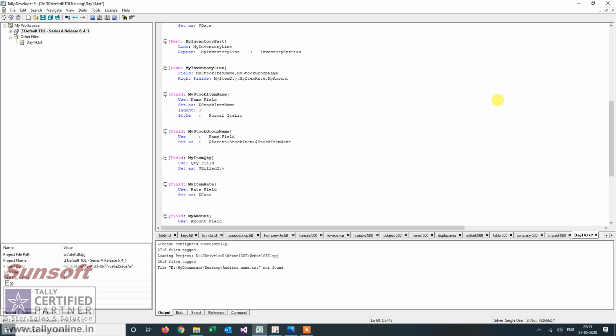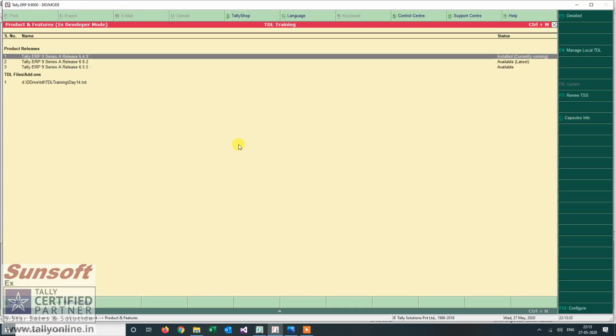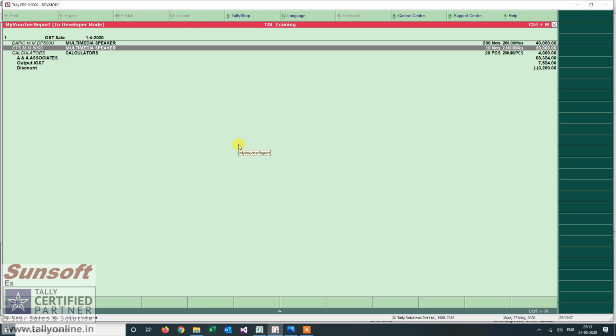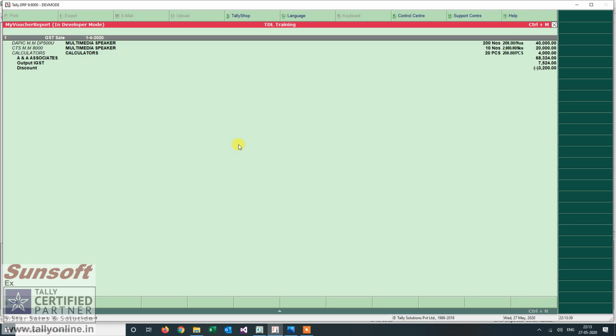Now let us see how this is understood. This means that from the stock item collection, I want to get a method parent, and then for which object? For this object. Since the name of the stock item will be unique, we'll only have one record for this. So let us see how this comes up now. So I have the name of the parent also.